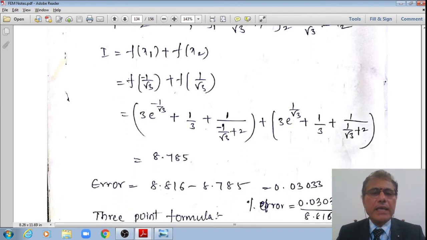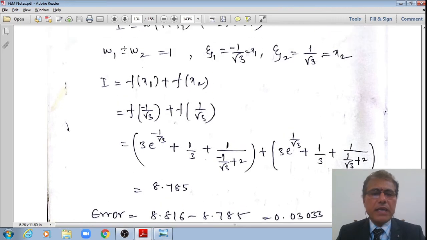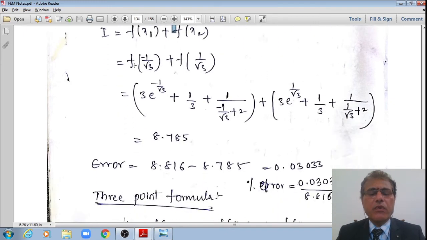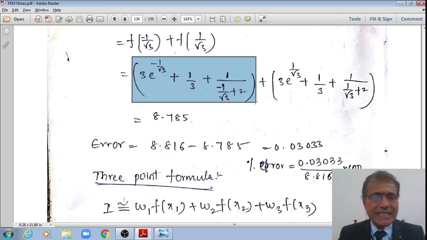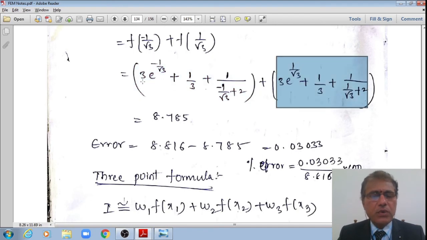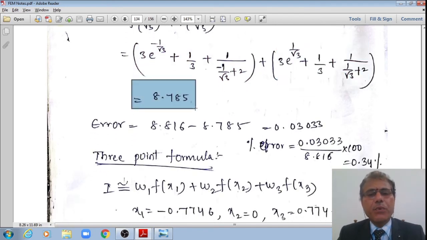Therefore integral I is f of x1 plus f of x2, whereas the weightage is equal to 1 multiplied by f of x1, 1 multiplied by f of x2. Therefore now it becomes the function of minus 1 by root 3 plus function of 1 by root 3. That's it, right? Therefore substituting minus 1 by root 3 and plus 1 by root 3 wherever x is there in the function and taking its summation,